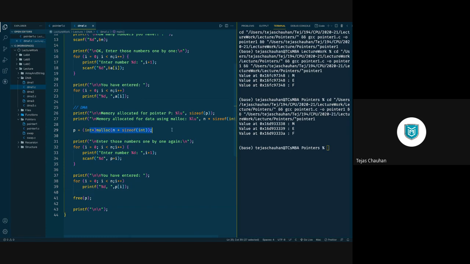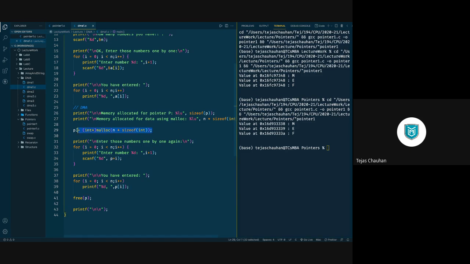Once we have memory allocated, we have a pointer. Using that pointer, we store data and we access those elements, because when we allocate memory, it is going to be an array of integer numbers. So this much part is nothing but your 57th and 58th program.